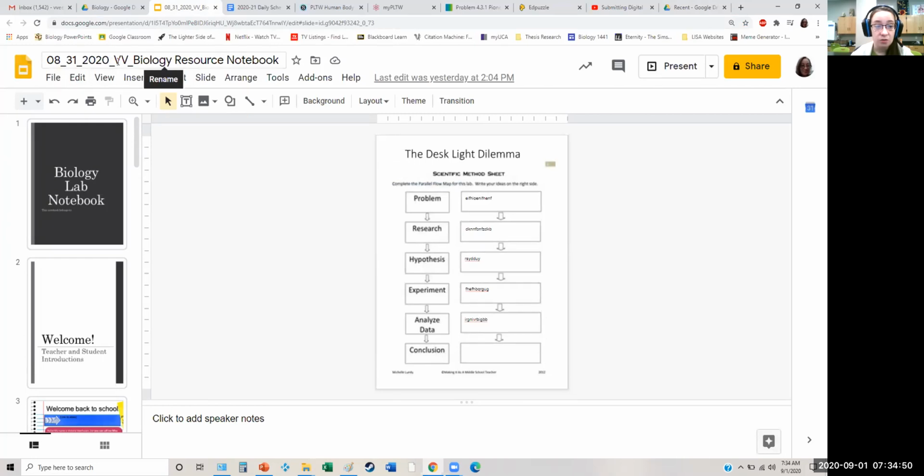And I want you to make sure that at the very least your name is on it at the front, okay? So I'm going to put my name. And I use underscores, by the way. It helps with sorting things in any kind of folder. Okay, and now